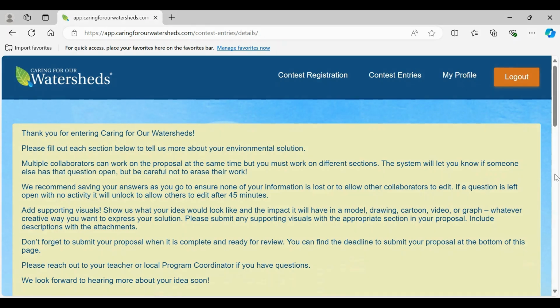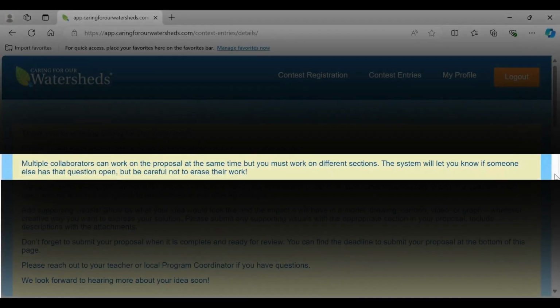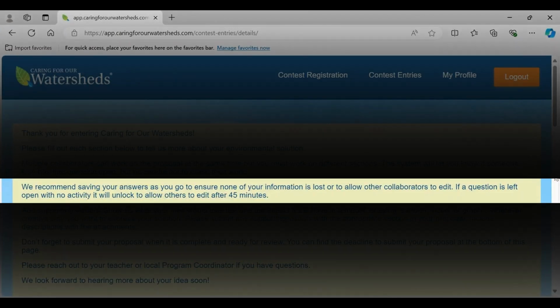Make sure to read this page very carefully. I will point out a few key points. Multiple collaborators can work on the proposal at the same time, but you must work on different sections. The system will let you know if someone else has that question open, but be careful not to erase their work. We recommend saving your answers as you go to ensure none of your information is lost,